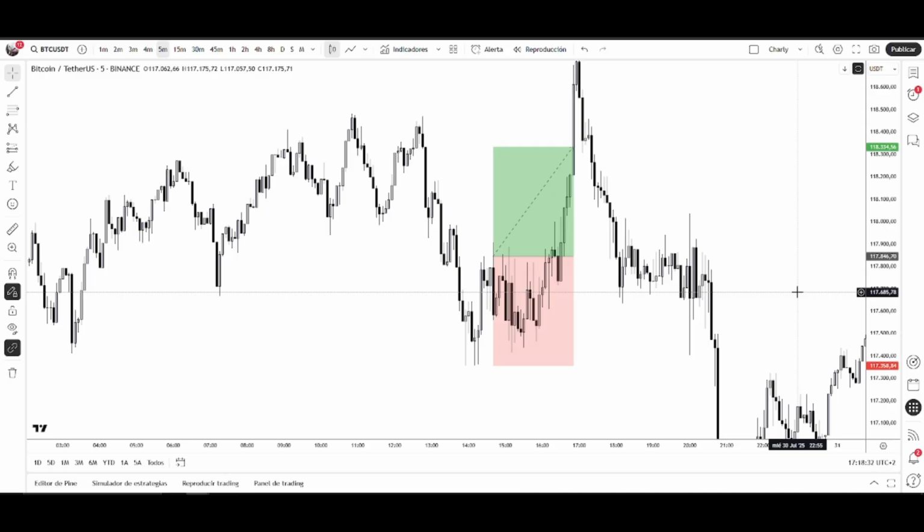As you saw, we look for one specific time window. We can have multiple time windows. There are multiple time sessions on the market, but in this case we went over the New York Open. Not the New York Stock Exchange, which is at 9:30 a.m. Eastern, which is 3:30 p.m. Madrid time. We were looking at the open of the New York session per se, which is 8 a.m. Eastern, which is 2 p.m. Madrid time. In this case, we trade the first hour, from 2 p.m. until 3 p.m. Madrid time. Then you do the conversion to your country.